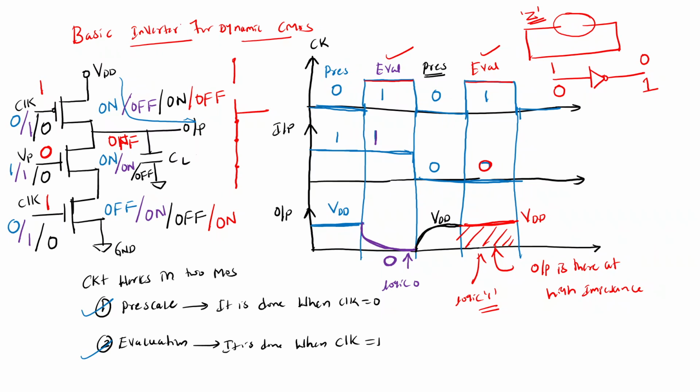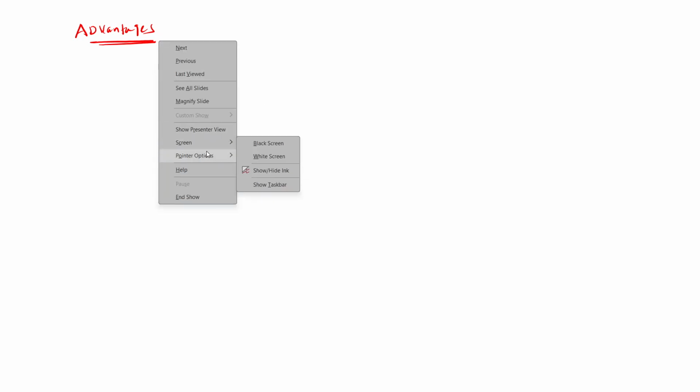So hope you understood. Next, I need to write the advantages and disadvantages of this dynamic CMOS logic. What are the advantages? If you see the advantages,